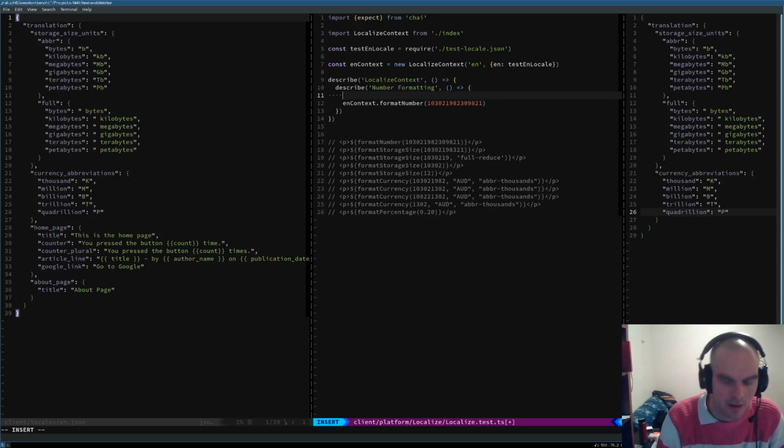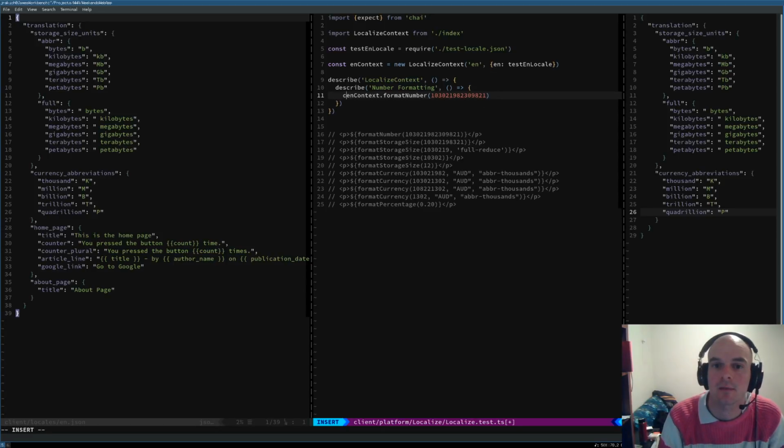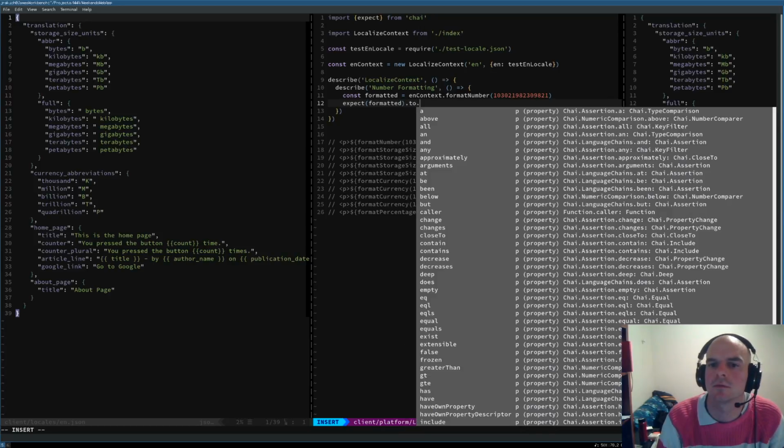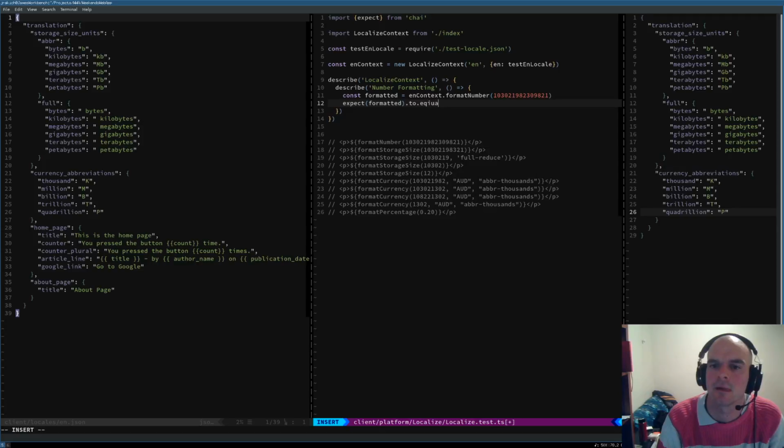So formatted equals this, and then we can expect formatted to dot equal, let's just do something dumb to start off with, just to make sure our tests run.